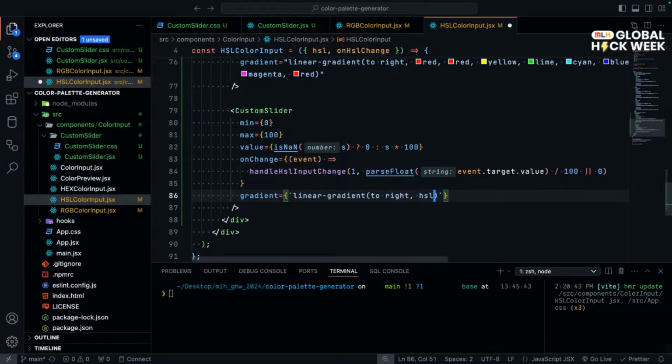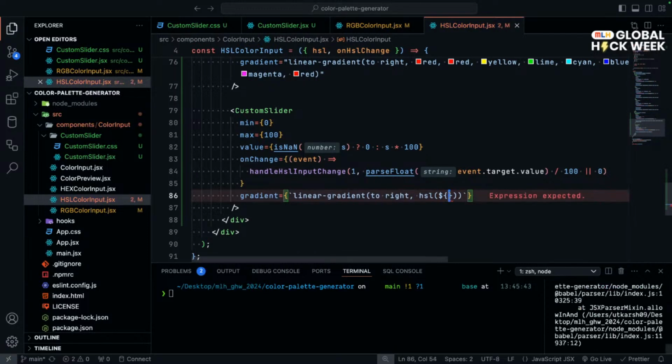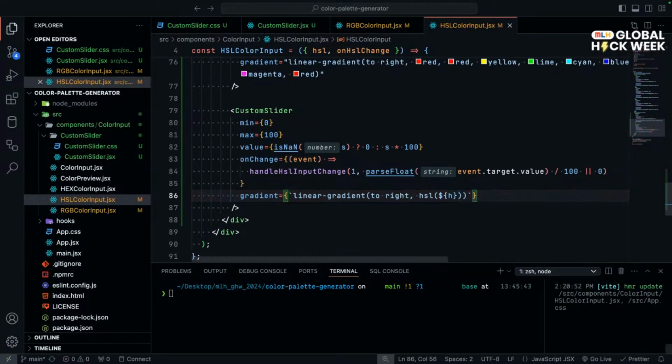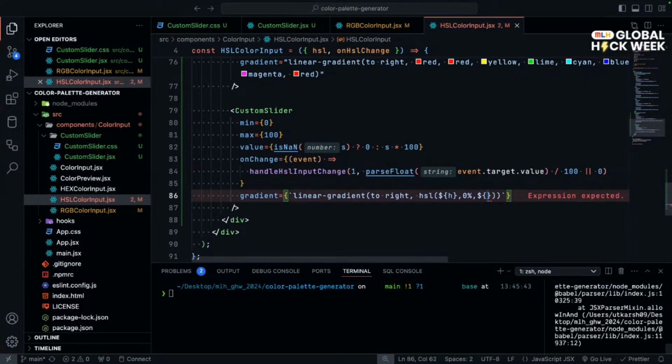Now HSL, in that we will say it's going to be hsl with whatever is the value of H, then 0%, then the value of L times 100%,